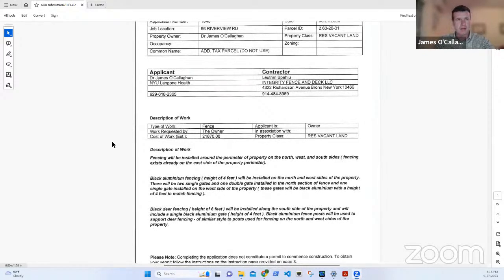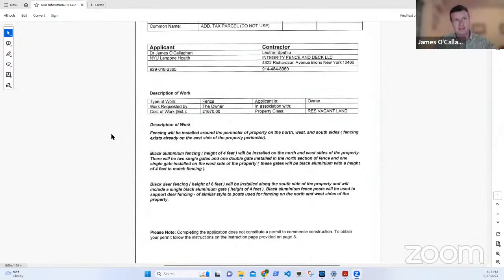I would like to apologize to the board. It's no real excuse, but we actually proceeded to have the work done based on bad advice from our contractor, and I hope going through the application process we can take the necessary steps to make that right. And I hope you'll see through the application that we have tried to be quite careful in putting in a fence that's in keeping with the village aesthetic.